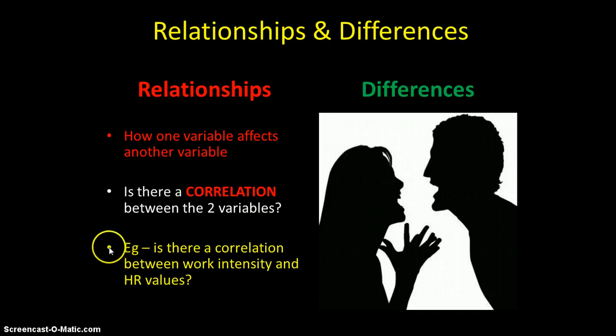And this example here might help you understand. Is there a correlation between work intensity and heart rate? Now, I hope you're all thinking, well, yes, there probably is, in that if you work harder, your heart rate goes up. So that would suggest that there is a correlation between those 2 variables,